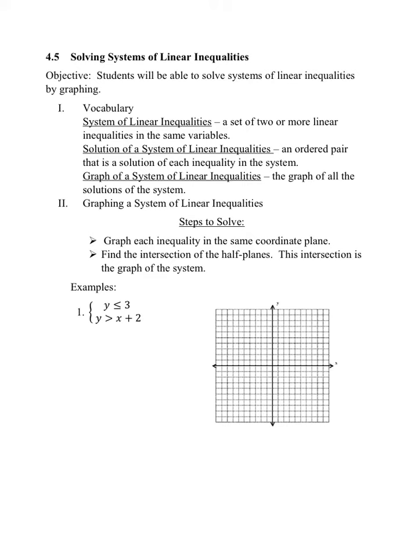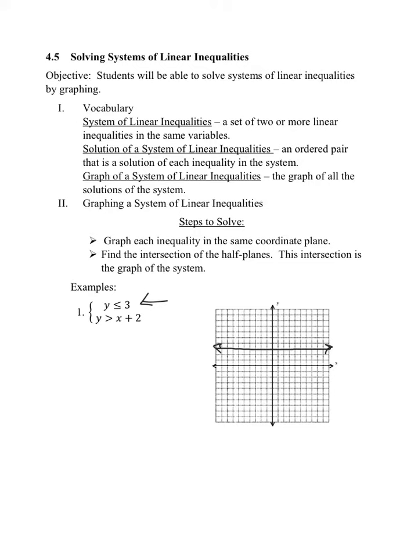To graph a system of linear inequalities, you must graph your inequalities and then you determine which way to shade. So if we're looking at this system right here, we're going to graph y is less than or equal to 3 first. That's going to be a horizontal line at 3,